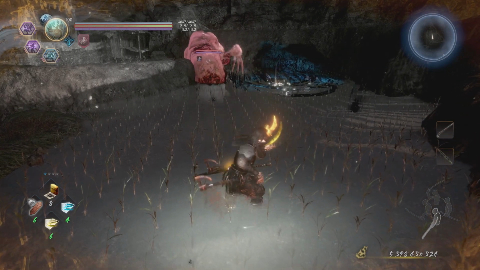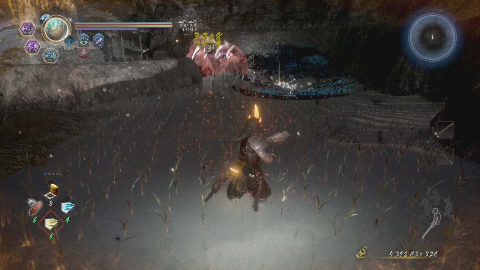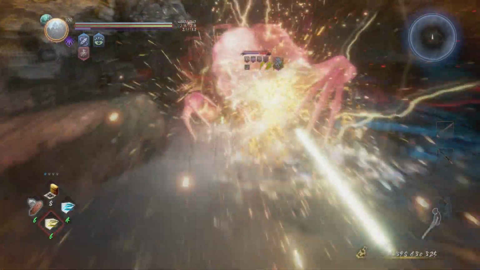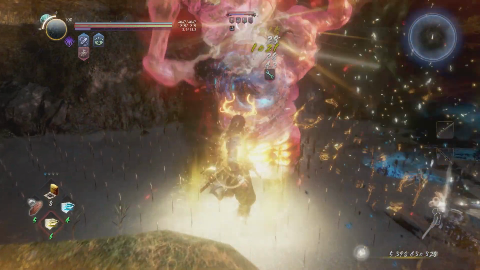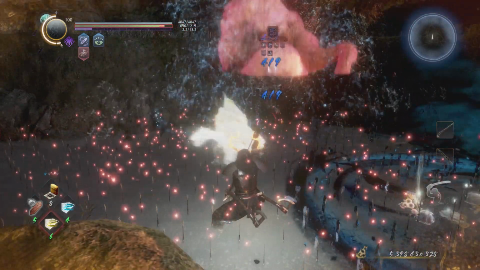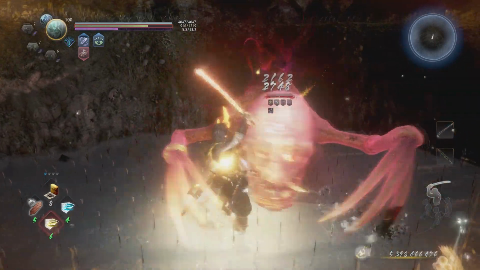From range we're going to cast feathers, cancel it with Fuki, cast Sahaya Guardian Spirit Talisman, cancel with Lightning God, which is going to take us in. Then we're going to Spirit Switch to Genbu, Guardian Spirit Talisman, big slow charge melee attack of your choice, and from here it's all you. You of course have Ippon to stun the enemy at any time if it wants to fight back,